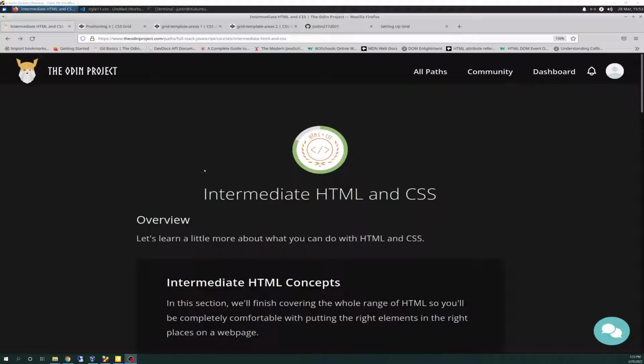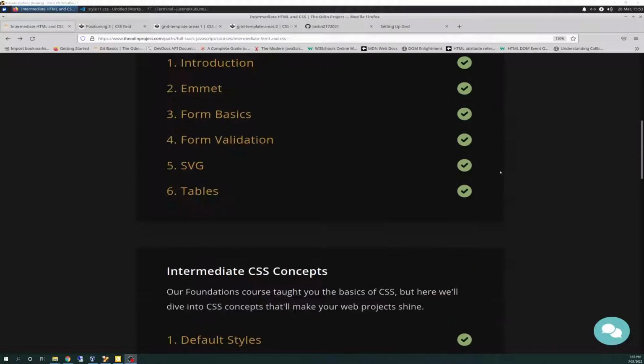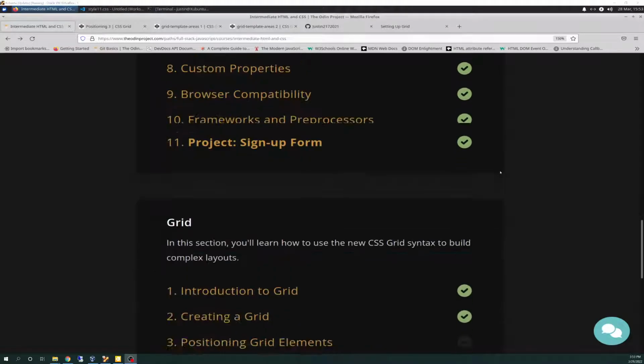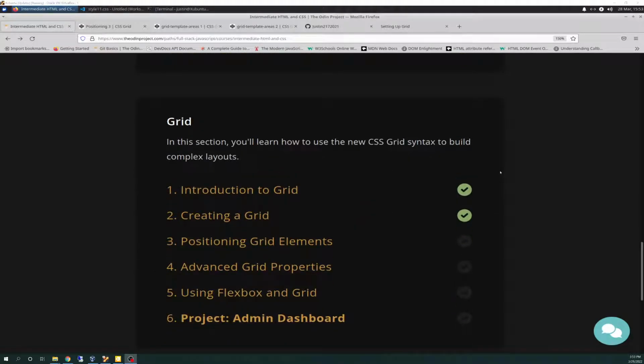And today I am 82% complete with the intermediate HTML and CSS course, or section if you will. And I am down here in the grid modules, and that's where we're going to get started. So I completed Introduction to Grid, creating a grid, and then 3/4 of the position grid elements. We'll go through it, but there's an exercise at the end that I didn't get to that I'll get to in the next video. But everything grid today,